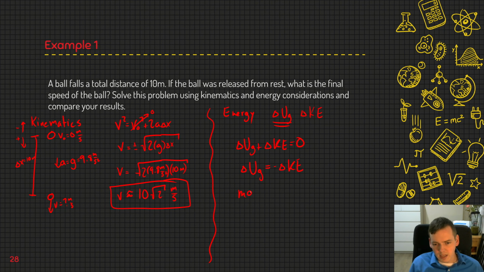Delta UG is mg delta H. Delta KE is 1/2 m delta V squared. So mg, well, actually the m's can go away. And we're left with just g delta H is equal to 1/2 V final squared minus V initial squared, but we know V initial squared is 0. And so we get V is equal to the square root of 2g delta H, which we also know is just delta X